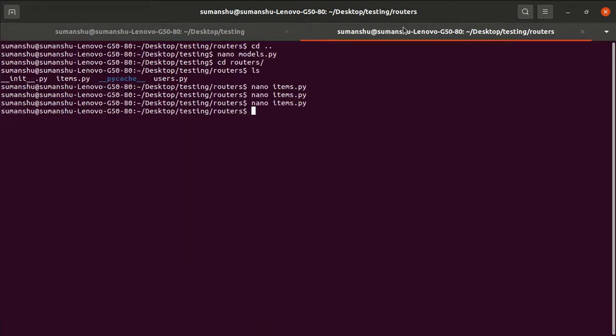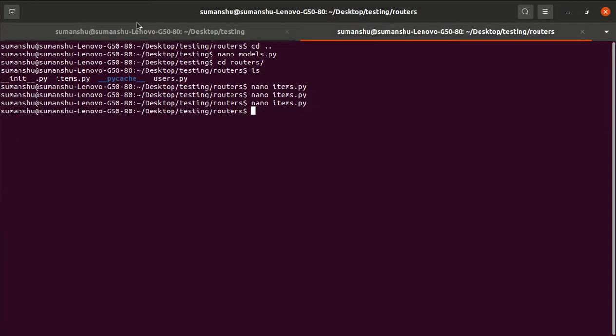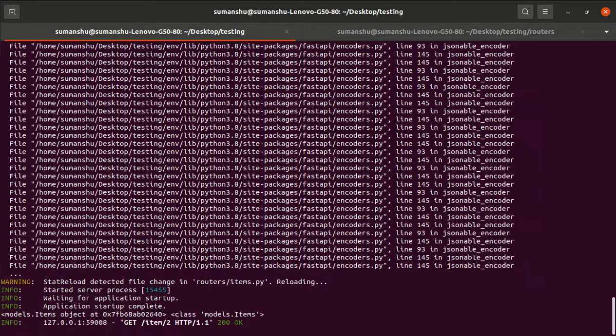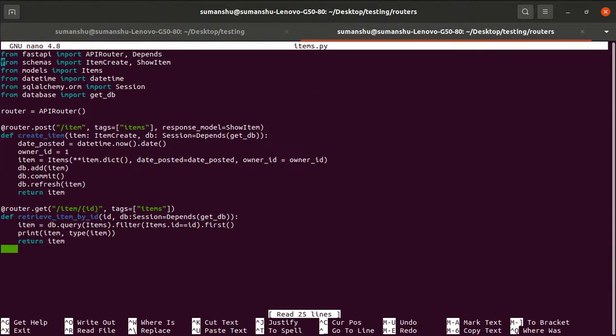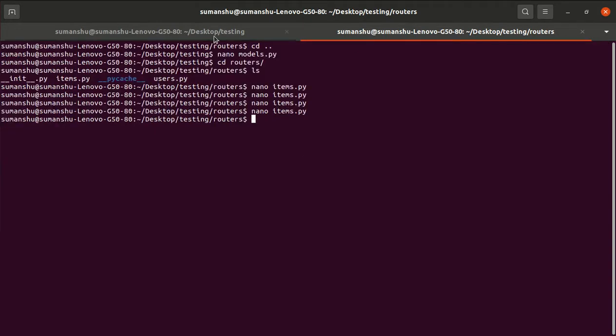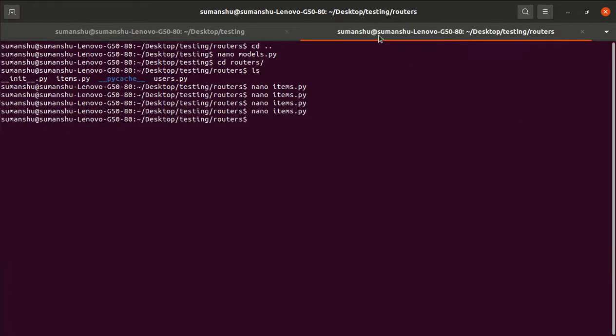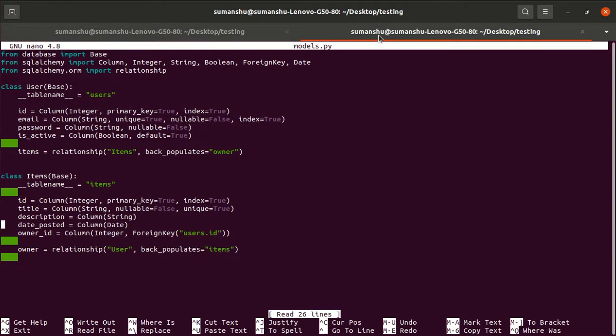So first. Control X, save, and if I re-execute it and check what it returns now, let me go back. Now it is returning the models.item object, and the class is models.item. I think this is what we want. Let me remove the print statement, because we don't want it. We want the particular item object, and here we get the item object, because in the models.py file, nano models.py, we note the models.py file.